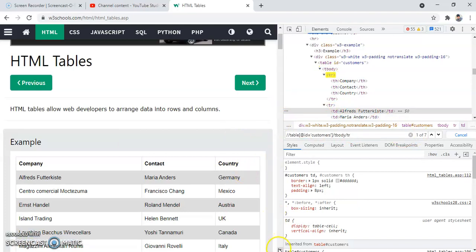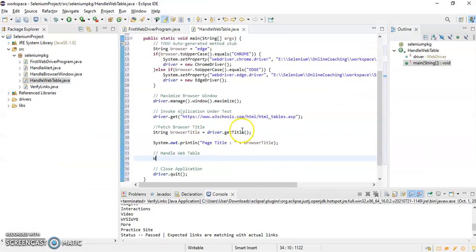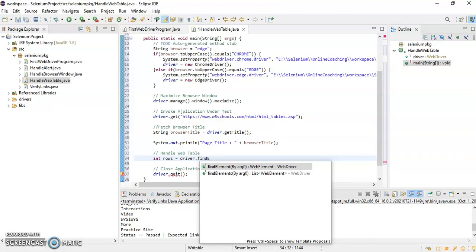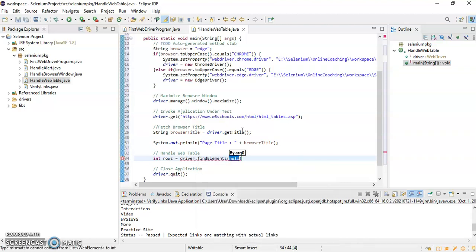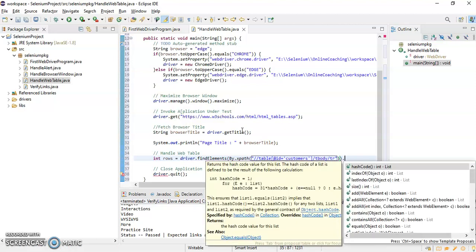I'll take this XPath and I will write it here. So I'll just write int rows is equal to driver dot findElements, by dot xpath, and here I have to give the common xpath, and I have to calculate the row size, right?